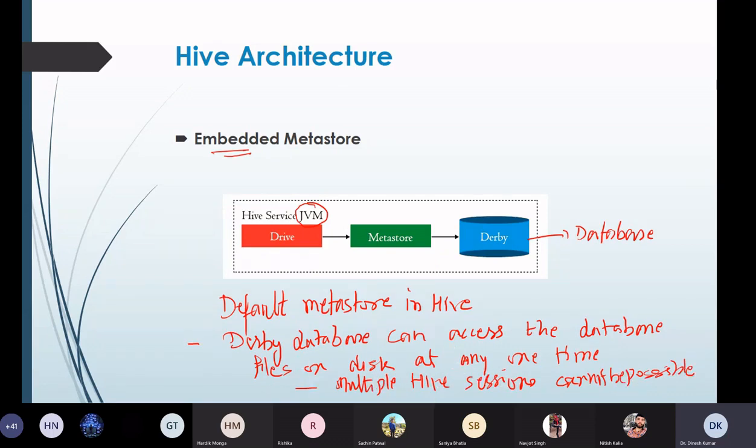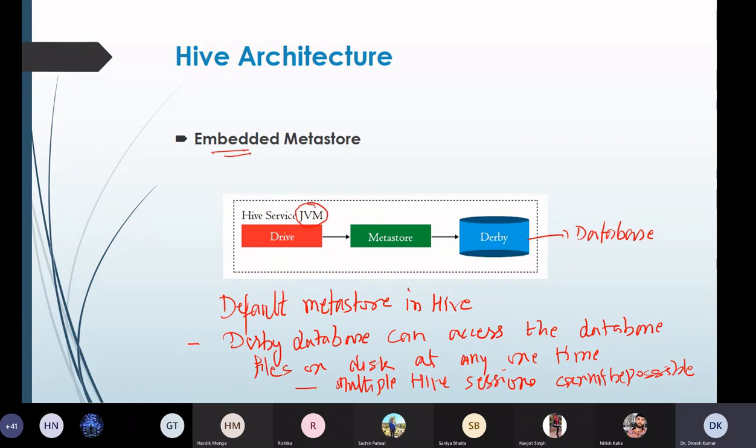As we have discussed in Hadoop, there is a production deployment as well as an educational deployment. If you are learning Hadoop and it is not for production purposes, then you can go with the embedded metastore, where you have a single machine cluster with Hadoop installed on it.